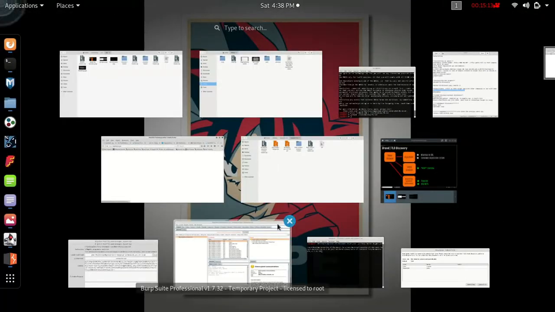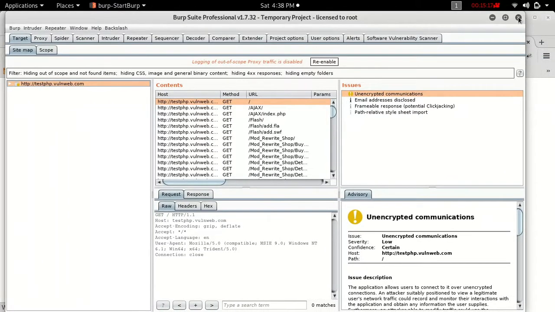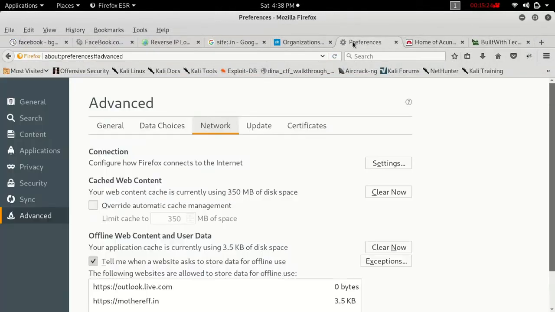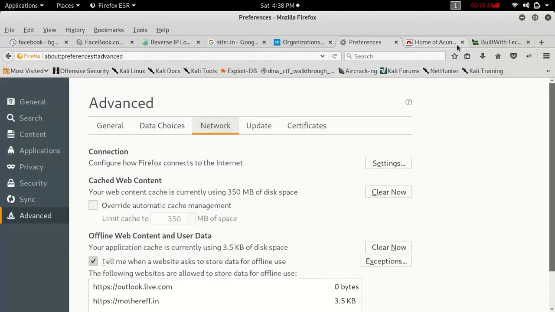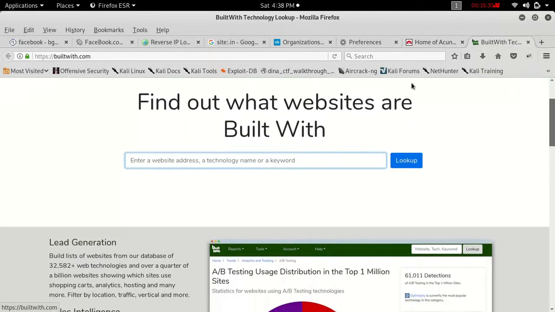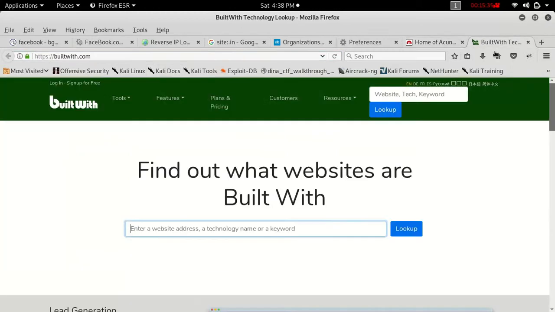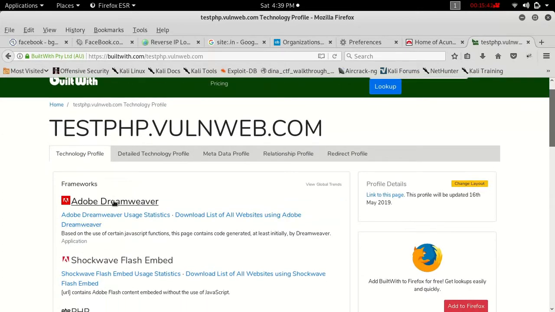So here it is. But I think this thing is clear to you. Just closing this stuff. Okay. Preferences, go settings. I'll just remove the proxy again. Okay. And here's the BuiltWith. So for example, if I get the site here, let's check. So it is saying that they are using Adobe Dreamweaver,